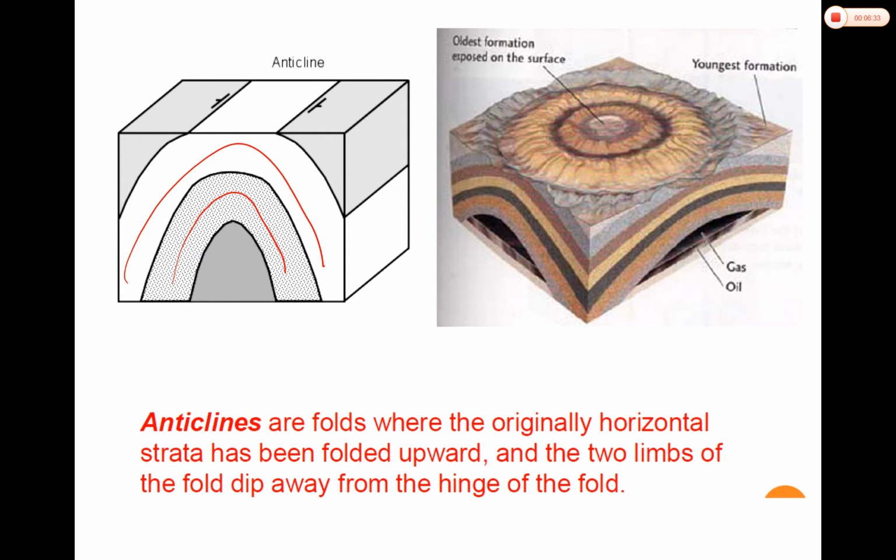Okay, and the two limbs of the fold dip away from the hinge of the fold. Okay, so this is the area, so this is its limb, this one is its limb. Okay, alright. Okay, as mentioned earlier, for the anticline, the oldest formation is the bullseye in the middle,